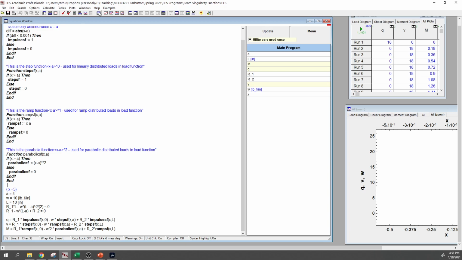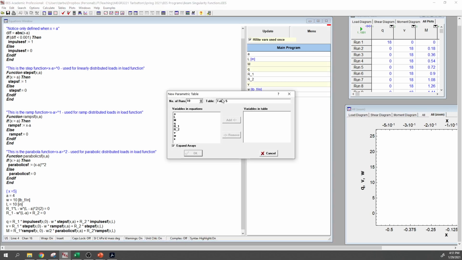table button. If we click this, then we get all of the variables. So this gets all the variables in the equation, and we need an independent and dependent variable. Here we can pick x and the shear v that we've defined, or let's pick the load q, the shear, and the moment. We'll add all of those, and I've already done that over here, but I'm going to walk you through the steps. We'll call this table